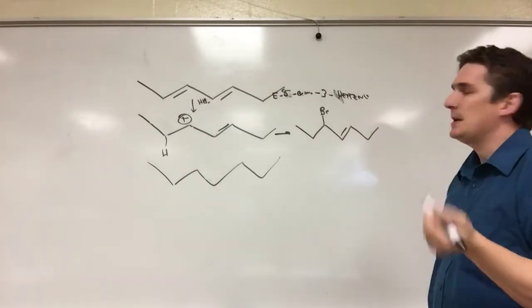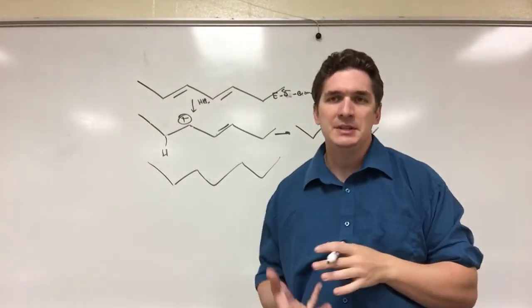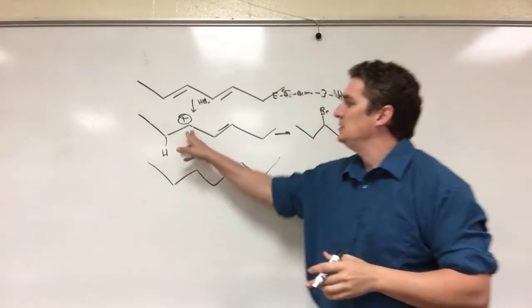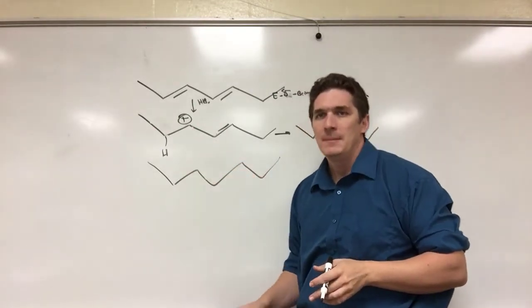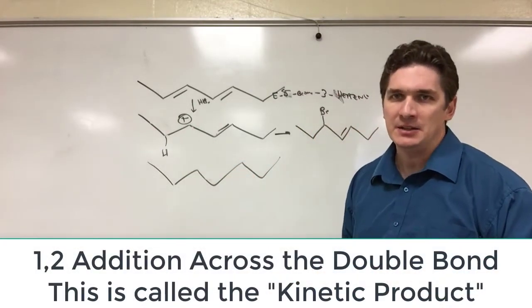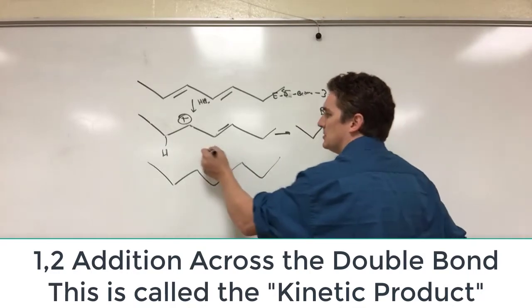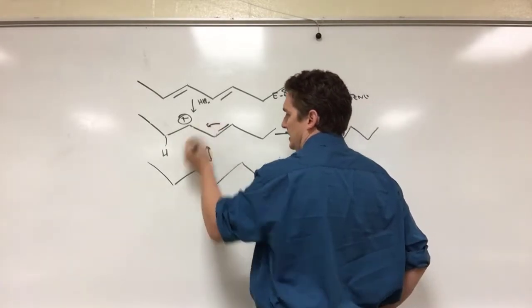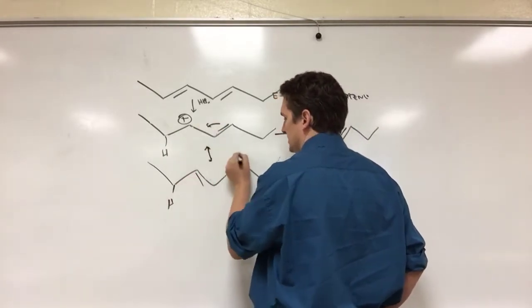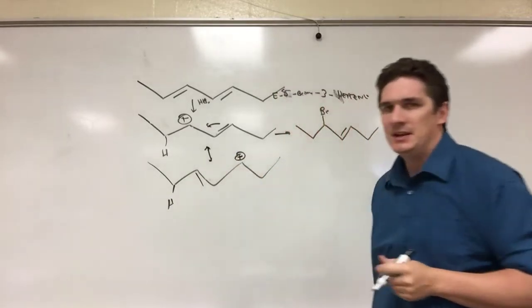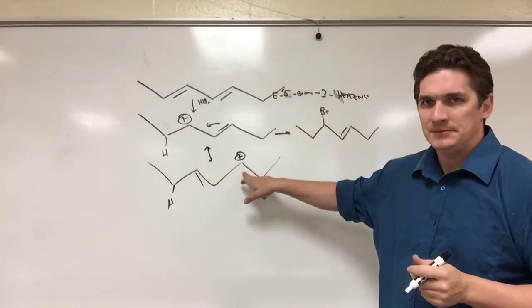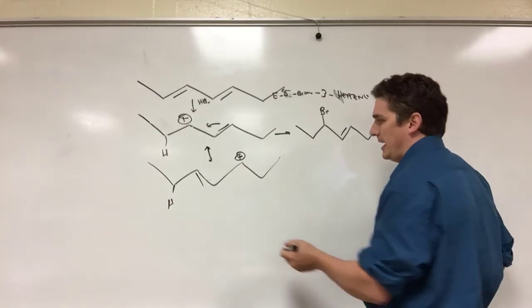5-bromo-3-heptene. So in this case, I have a 1,2 addition across the double bond. But here's the thing, if you see my video on allylic carbons, what you'll notice is that we can also further stabilize this carbocation through resonance. And if I get the resonance, now I have addition on this carbon. And if I were to add it, I would get